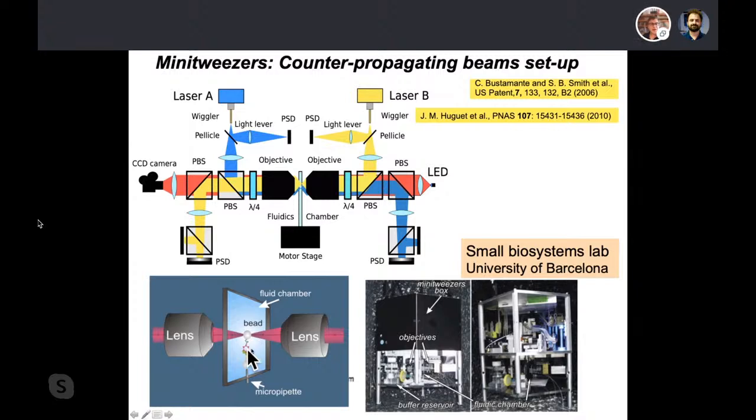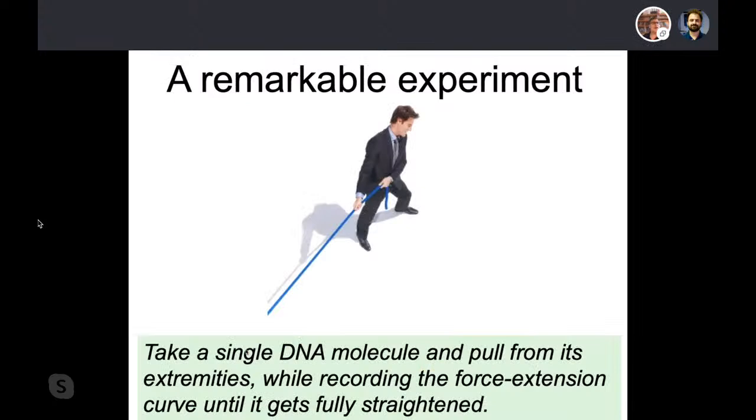But you could put anything. You could put a DNA, an RNA, you could even put this famous RNA coronavirus of I don't know how many thousands of base pairs. You could put it here and study how it responds to mechanical force, to mechanical stress. That's important because by doing these experiments exerting force, we can challenge, or probe, different conformational states of the molecule.